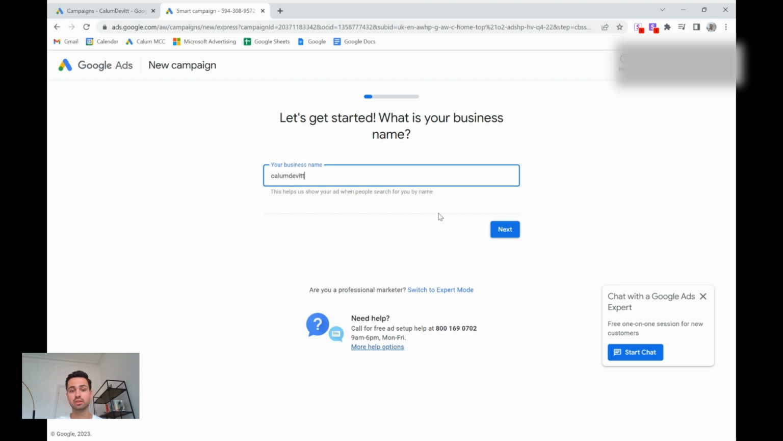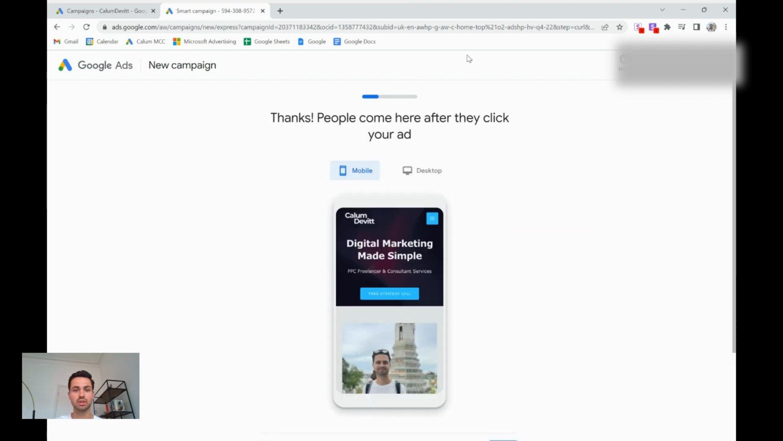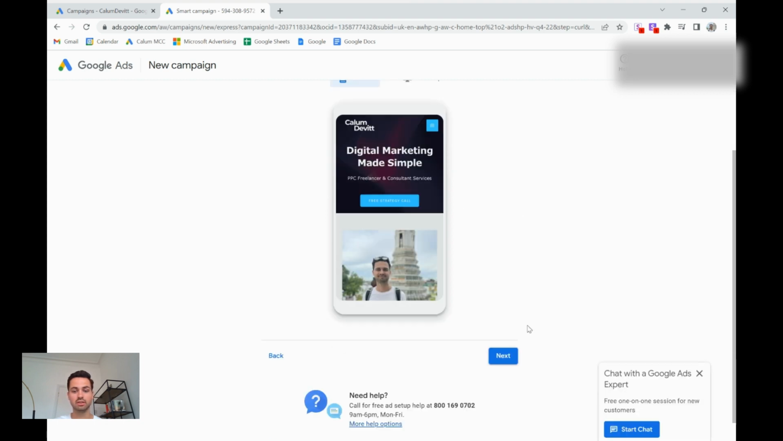One really important thing to note is do not switch to expert mode, because if you do, then you'll lose the special offer. So it's worthwhile going through all of these steps in the express mode. First thing you need to do is enter your business name, quite simple, and then hit next. Then put in your website URL and hit next. And Google will start scanning your website and it will pull it up in a nice screenshot like this,